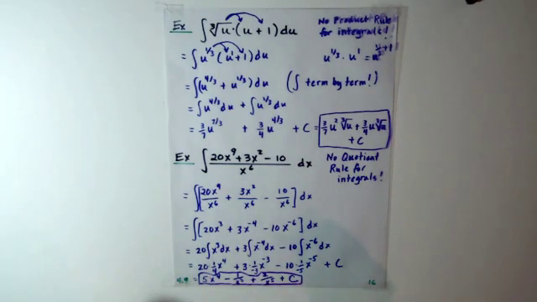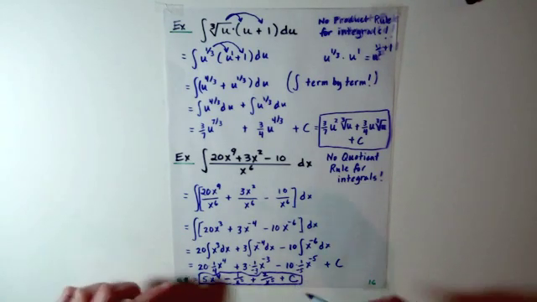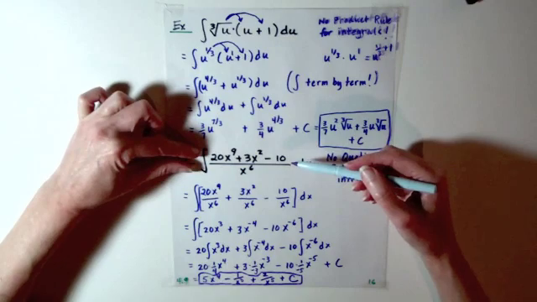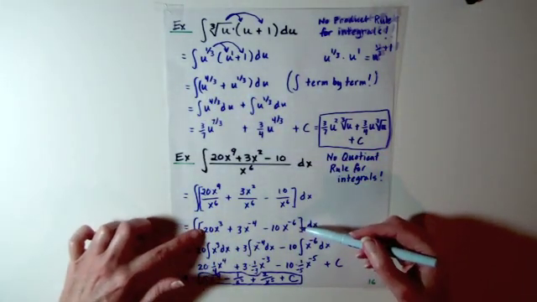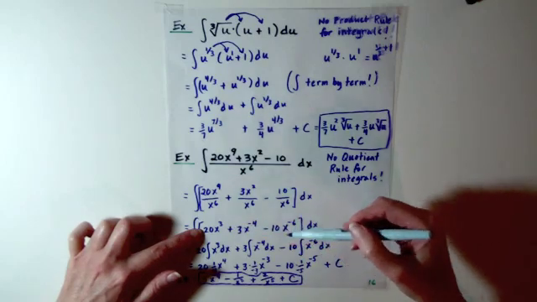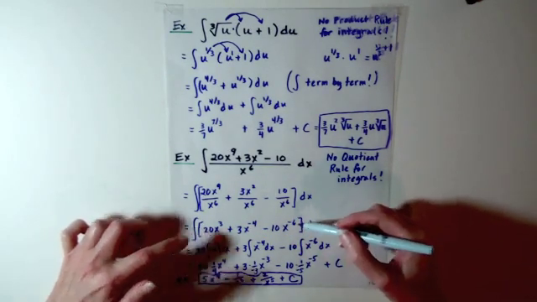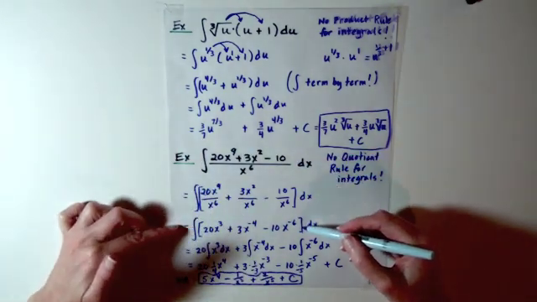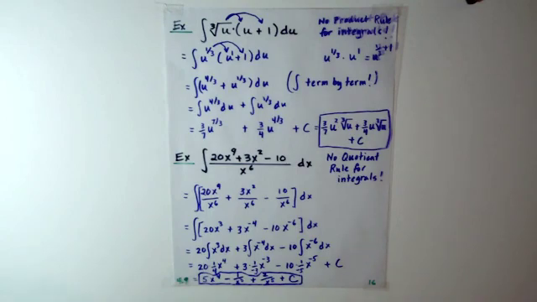And of course, on all of these, you can go ahead and check by differentiating, but just be aware that when you differentiate something like this, it won't look exactly like your original problem. It will actually get you back to this stage where you had it written as separate powers of x. So you can at least check it back to that stage, and as long as you simplified up to here correctly, you're all set. Okay, let's go ahead and think about our next